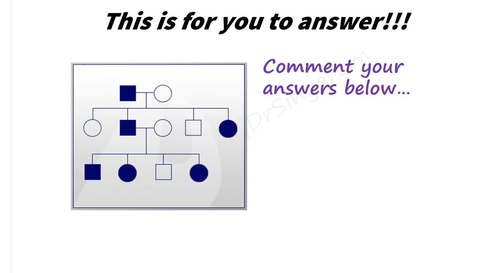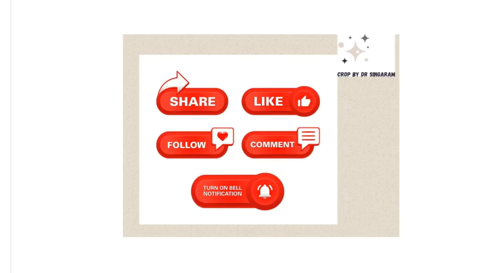Are you able to follow? Right. So I have tried to explain to you the simple way of interpreting a pedigree. If you practice it regularly, again I am repeating, in less than 10 seconds you will be able to answer in the actual exam. So now the time is for you to answer this pedigree. You can take 10 seconds, or if you are a beginner you can take even 20 seconds. Please try to apply all the rules and come to an answer. Once you have come to the answer, pause the video and write your answer in the comment section below. I will be eagerly waiting for all your answers.